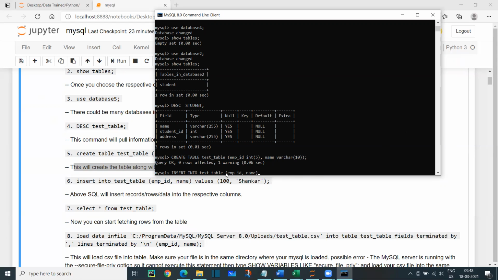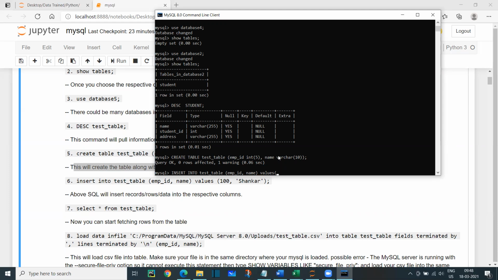Close it, right? Let me repeat. Insert into the table name, what you have, and in which columns you want to insert data. I want to insert data in both the columns. You can choose only one column also, right? It's up to you. Fine, column names I have selected, but where is the data? Yes, I'm going to give the data. That should follow like values,